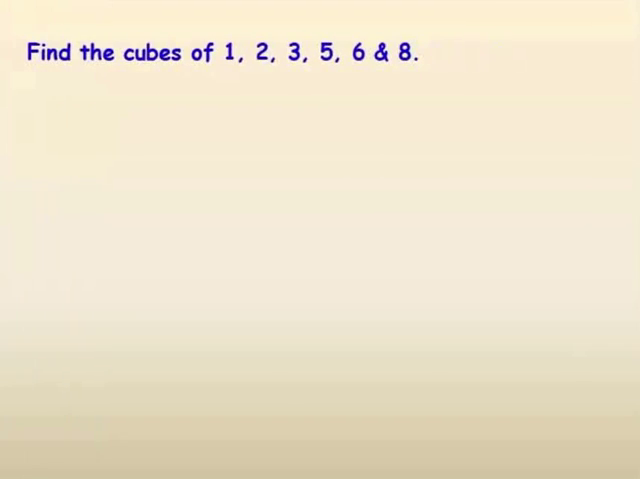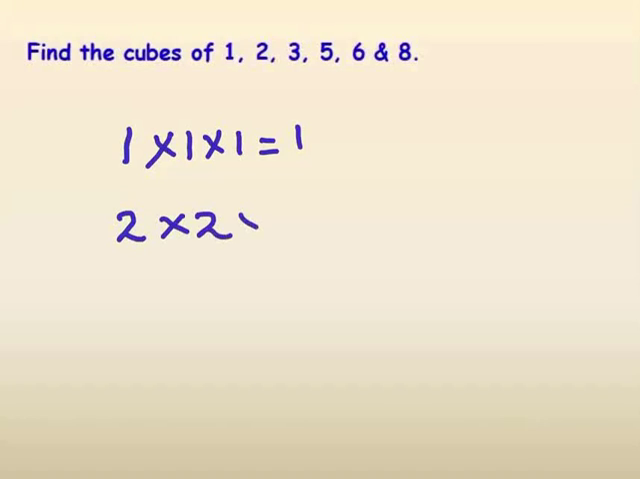Cube of a number is the number which is obtained by multiplying it by itself 3 times. Cube of 1 is 1 times 1 times 1, which is 1. Cube of 2, which is 2 times 2 times 2, is 2 times 2 is 4, and 4 times 2